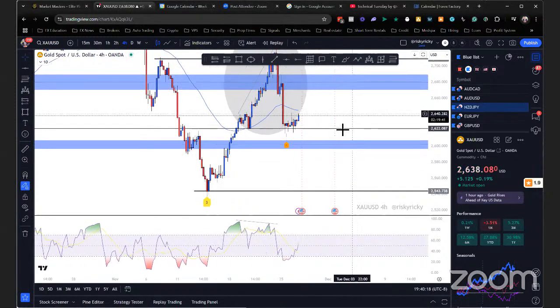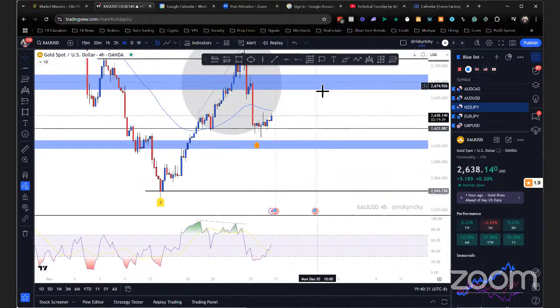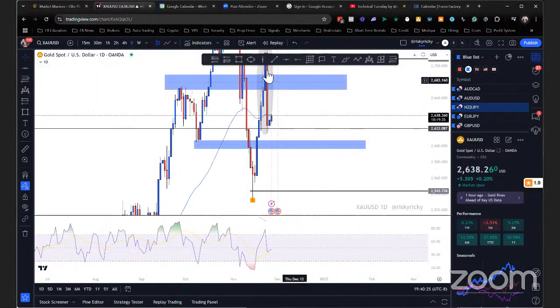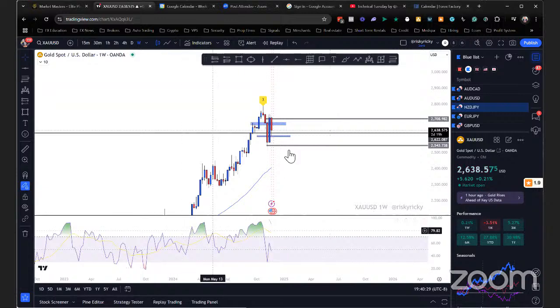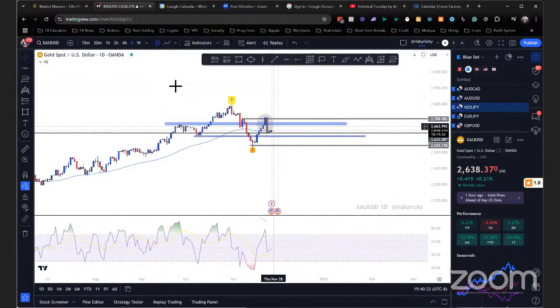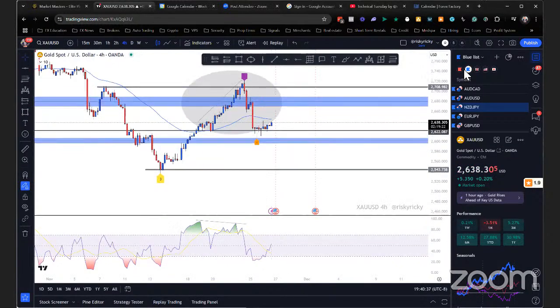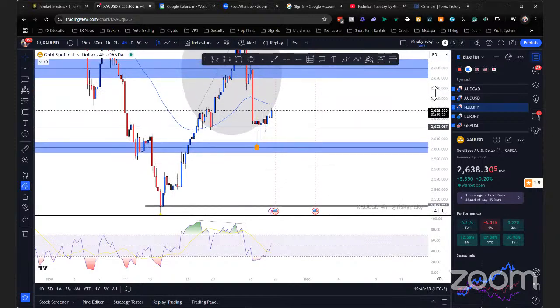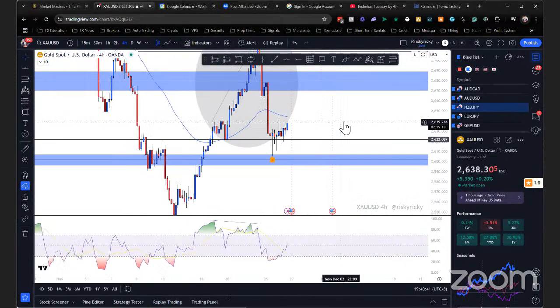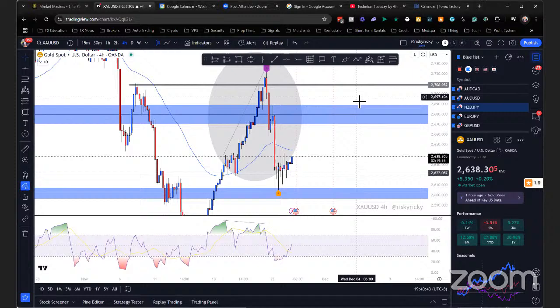So I would say, even though the big time frame shows a strong, well, it's really an uptrend. When you think about gold, it is a bullish market. The daily is showing head and shoulders, but 4 hours showing this here. So I would actually say more of a buy here.